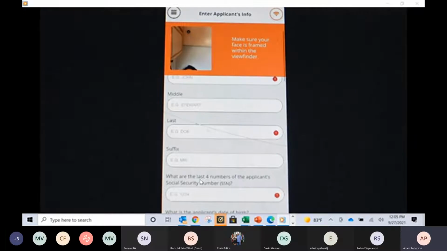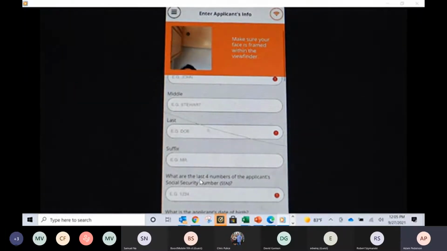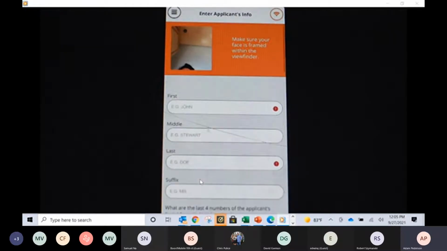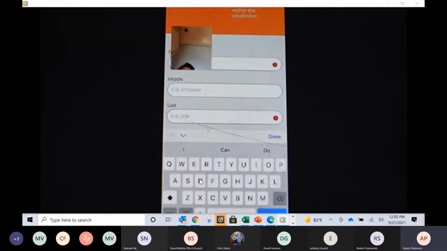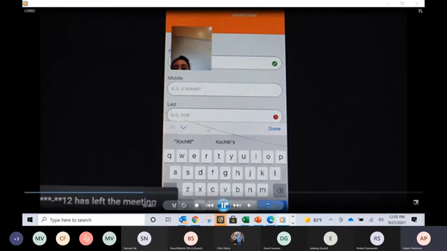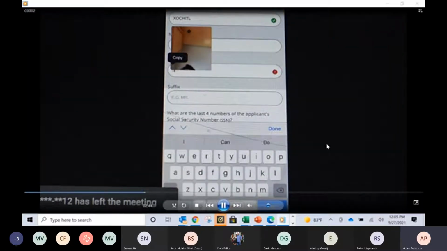But then what you're going to want to do is, as you can see here, you can see my kitchen ceiling, but it's going to ask you for your case. So it's going to be your login. So make sure that you put your nice pretty mug on there. So I'm going to put in my information. One of the differences here is it does take a picture of the rep, whoever is entering it. One of the things that the Quest app does is make sure we verify our information. So this is going to be the seller's picture. If you're the salesperson, this is where you're entering your picture